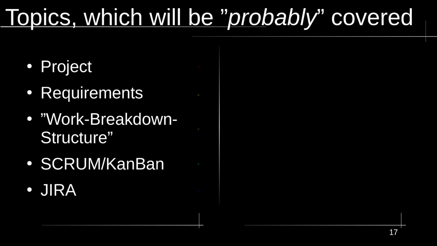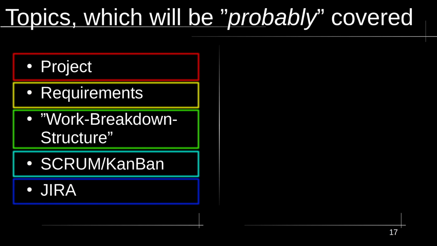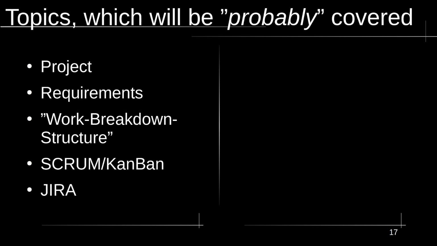Hello everyone. Today we will talk about project requirements, work breakdown structure, Scrum, Kanban, and finally JIRA. I decided to go with the following order because I think it is good to have some background, the really necessary minimum, before going to JIRA, because we need to know what the project is, what the requirements are, what the work breakdown structure is, where we get these requirements from the customer, and what the product owner does in the project, or why we as developers can't just sit, relax, write code, test it, and so on. But now we need to reprioritize things, or do it in a certain way,